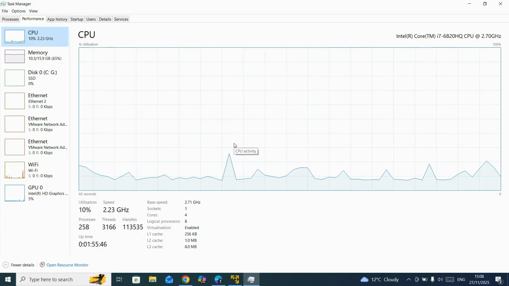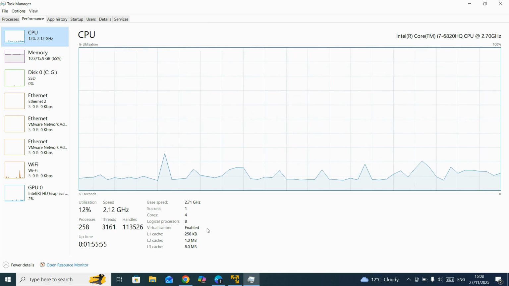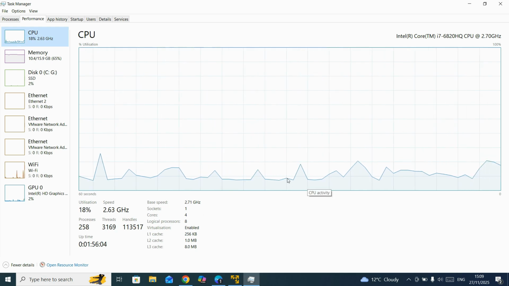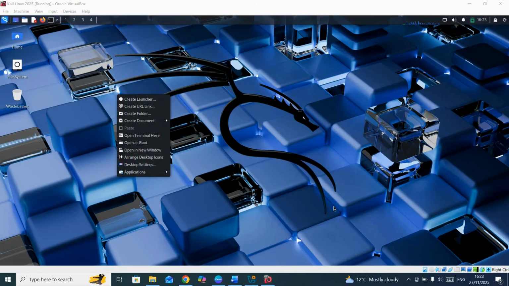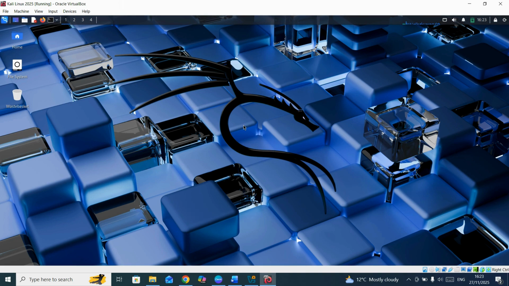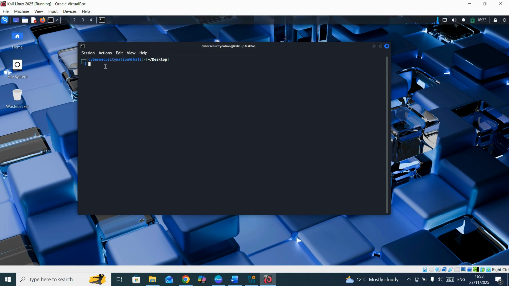So, after we've confirmed that virtualization is enabled in Task Manager, or we've successfully enabled virtualization, then we proceed to install the Kali Linux operating system after we've installed our virtual machine. Before we proceed to install guest additions, first we need to update the OS. So to do that, I just open Terminal: right click on your desktop, open Terminal here,